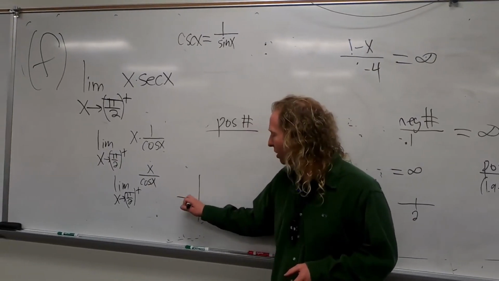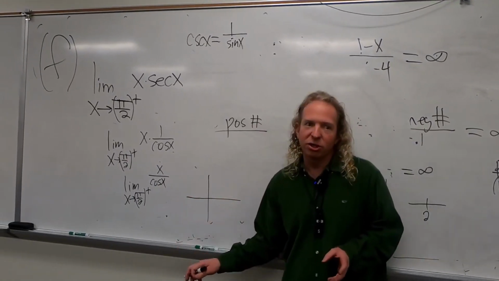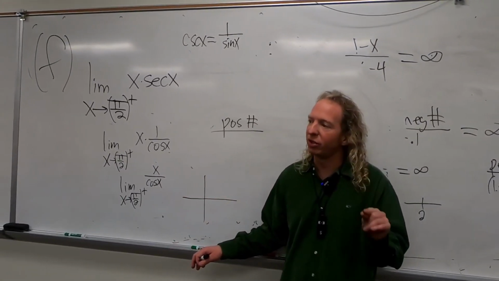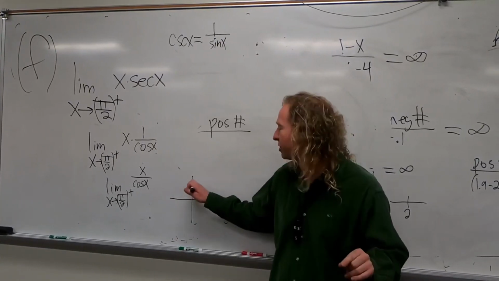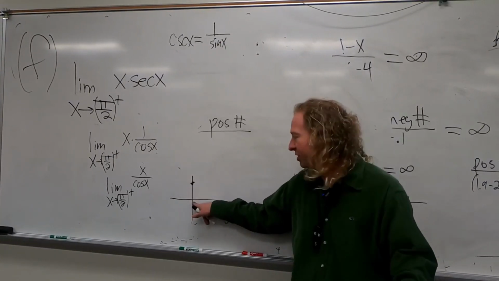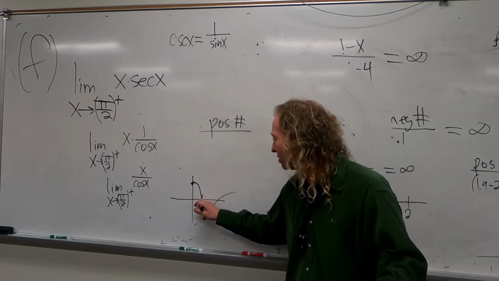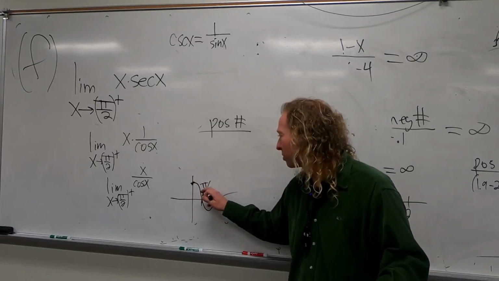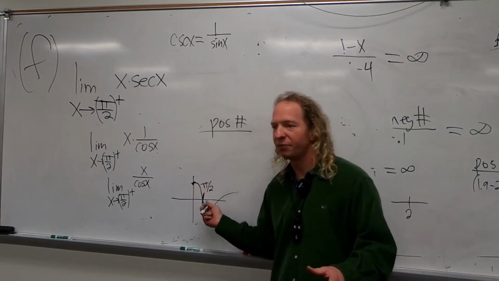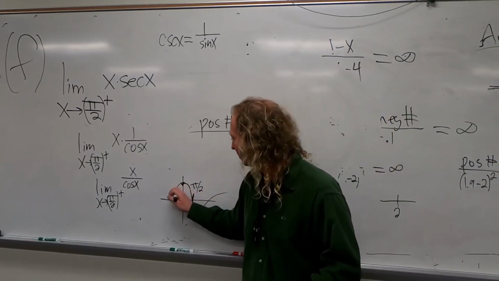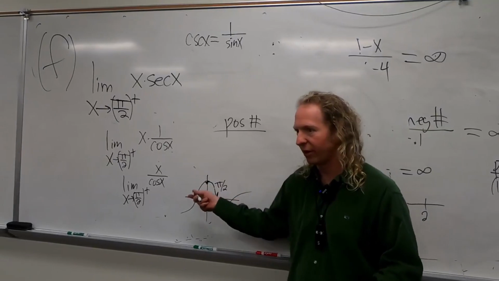So the graph of cosine, if you don't know it, just memorize 1 point. What's the cosine of 0? 1. So it starts here, right? And then it's a wave, so it does this. Okay. And then you know that this is pi over 2, because cosine of pi over 2 is 0. I have that one memorized. So this is the graph of cosine, right? This is cosine x, okay?